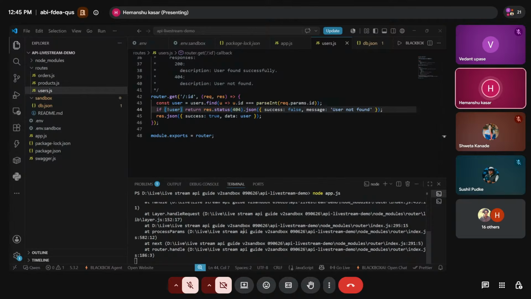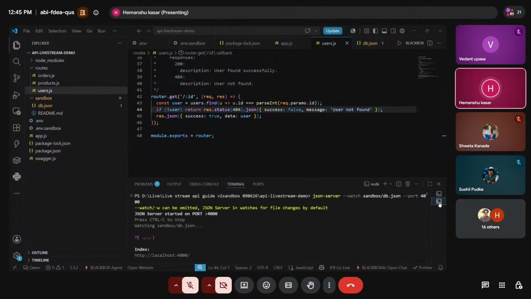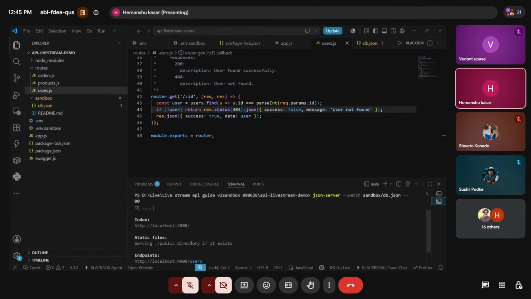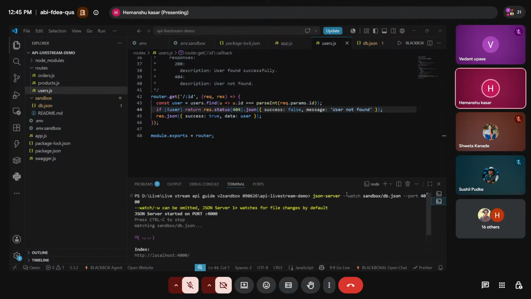With one command, the JSON file becomes a fully working REST API on port 4000, completely separate from our main API on port 3000. So it is already running. Using this particular command, we are able to run that sandbox environment.